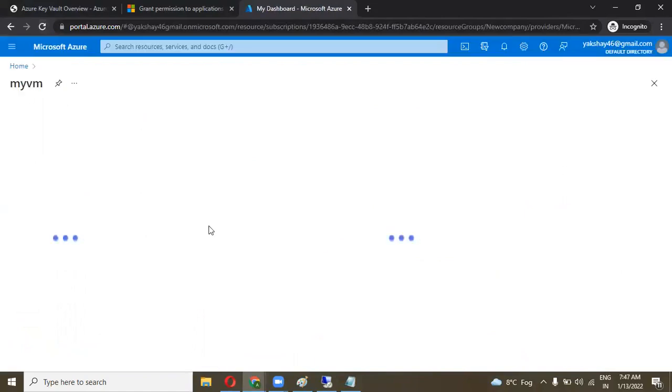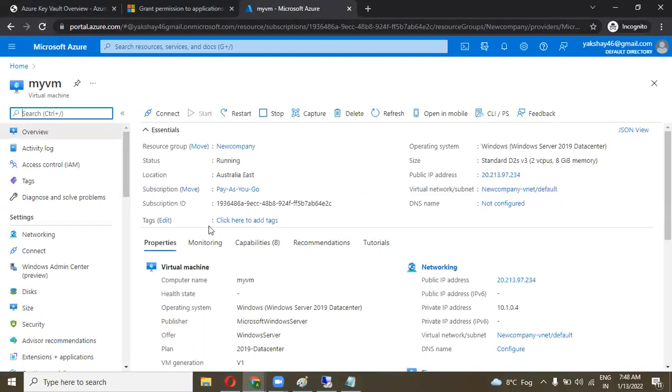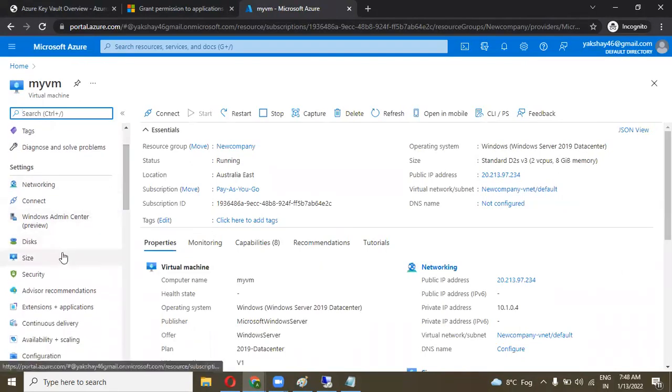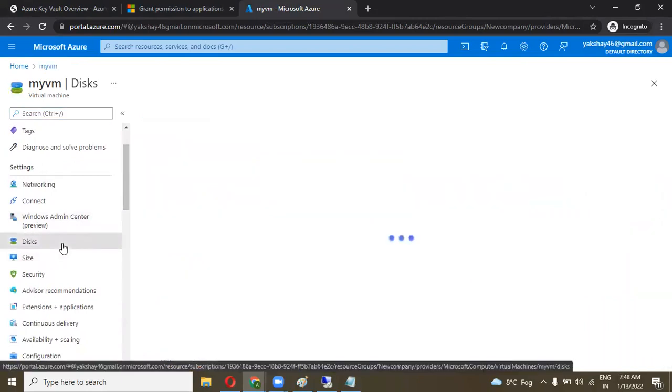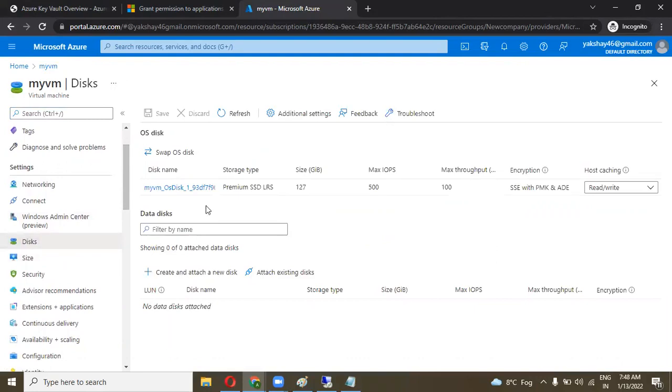Refresh this page. It is mandatory to restart the virtual machine. In general, previously when I did this task for encryption, it asked me for the restart, but now it does not ask me for the restart, so we need to do it manually.